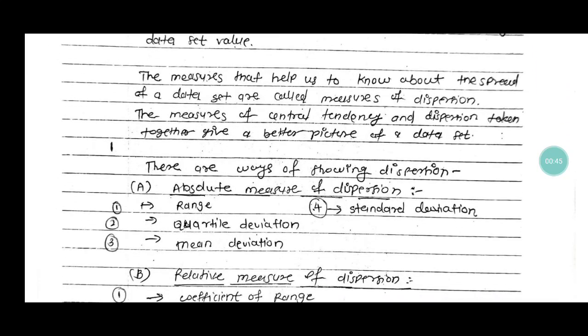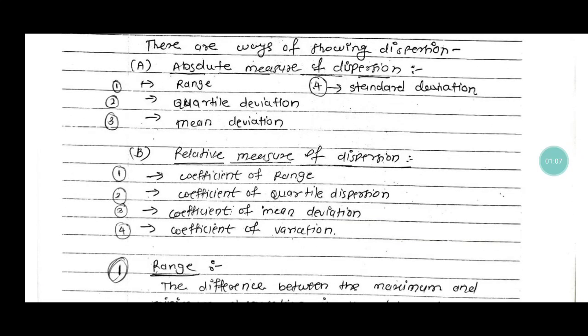So there are two ways of showing the dispersion. Number A is absolute measures of dispersion, in that are number 1 range, quartile deviation, mean deviation and standard deviation. Number B, that is relative measures of dispersion, in that 1 coefficient of range, number 2 coefficient of quartile dispersion, number 3 coefficient of mean deviation and number